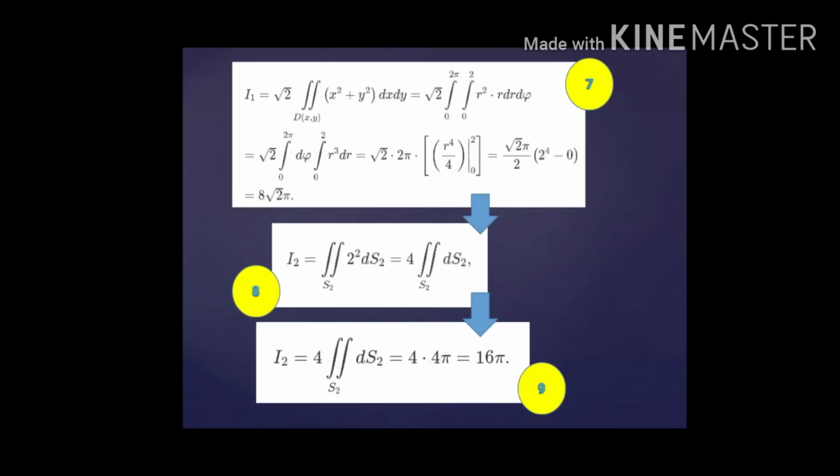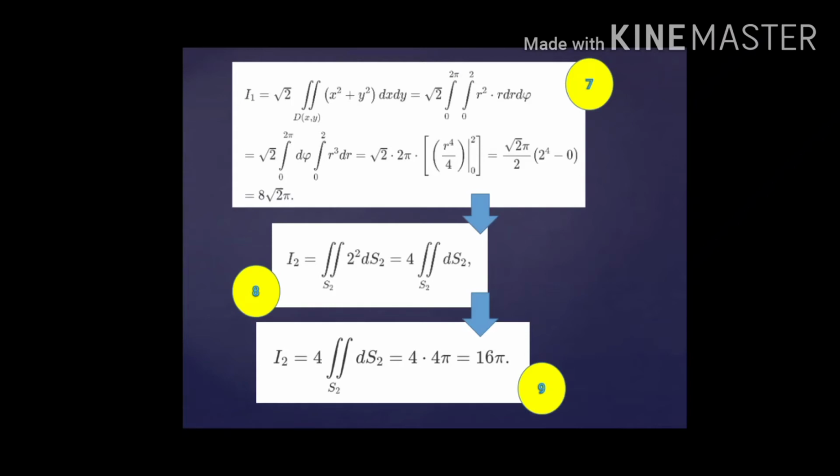So, using polar coordinates, we now have I sub 1 equal to 8 square root of 2 pi, shown in picture number 7. Consider now the second integral I sub 2. The base of the cone is described by the equation z equals 2. Therefore, we can find I sub 2 using the formula in picture number 8,